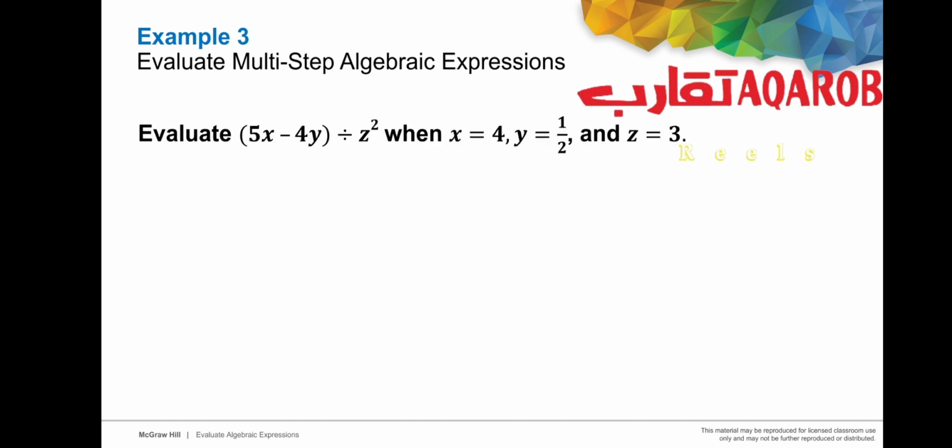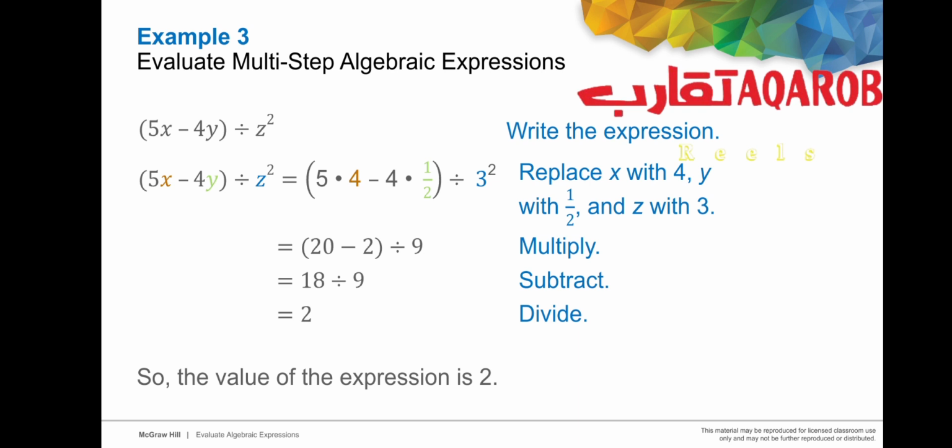Now, evaluate multi-step algebraic expressions. When I say multi-step, it means I have more than one step, and to evaluate correctly, I have to follow PEMDAS rules, which start with parentheses, then go to the exponent if there is an exponent, then go to multiplication and division, after that subtraction and addition. Now here you can notice that first of all I have to substitute. Instead of x, I will put 4. Instead of y, I will put a half, and instead of z, I will put 3. When you replace them,